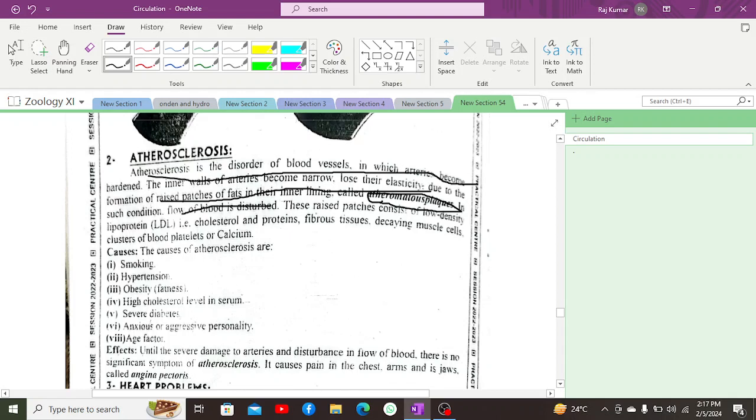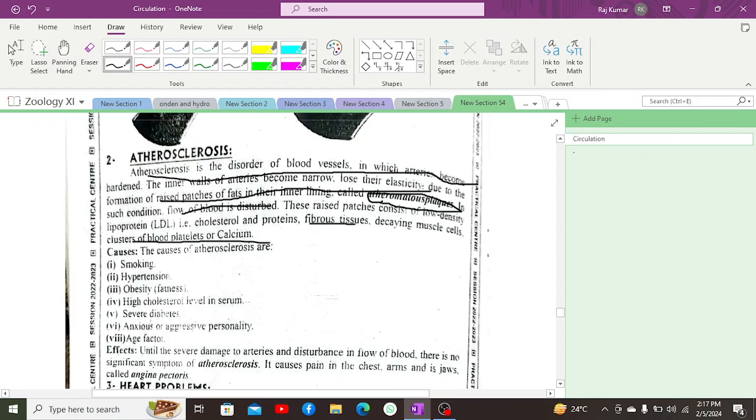These patches generally consist of LDL, low density lipoprotein, which consists of cholesterol and protein, 99% cholesterol and 1% protein, fibrous tissues, decaying muscles, as well as clusters of blood platelets and